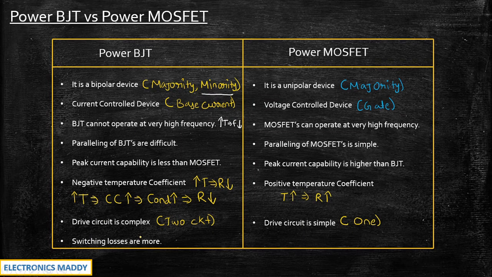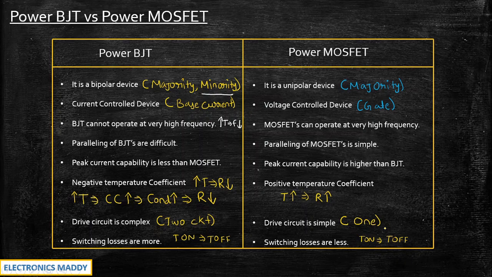So finally, we will be concluding that the switching losses are more in case of a power BJT. Why is that so? As I mentioned, the time taken from turn on to turn off is slightly higher because of the minority charge carriers. So when T on to T off is not taking place quickly, that means there will obviously be more amount of losses. Whereas in case of MOSFET, because of the majority charge carriers alone, T on to T off transition takes place very, very quickly. And as a result, the switching losses are minimum over here. I hope this point is clear.